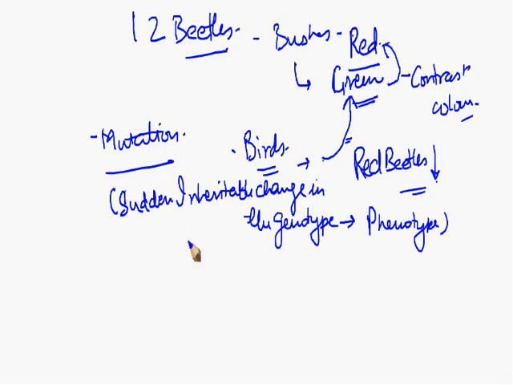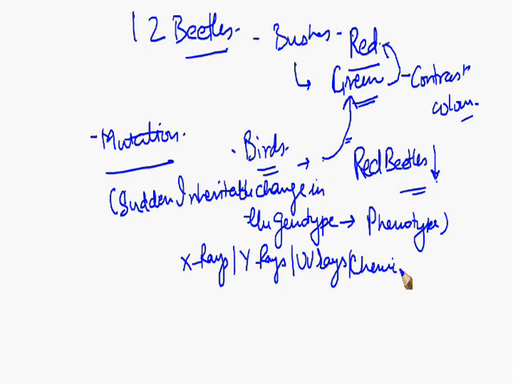Mutation may be because of environmental reasons, such as X-rays, gamma rays, ultraviolet rays and hazardous chemicals. They can cause mutations; these are all known as mutagens, which can cause mutation. As a result of mutation,